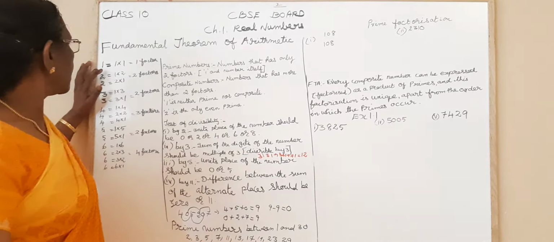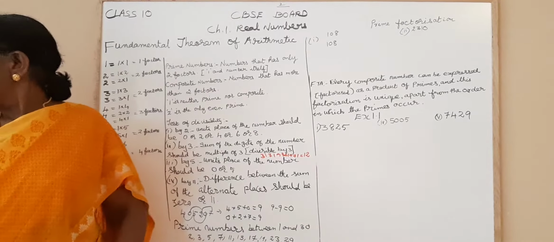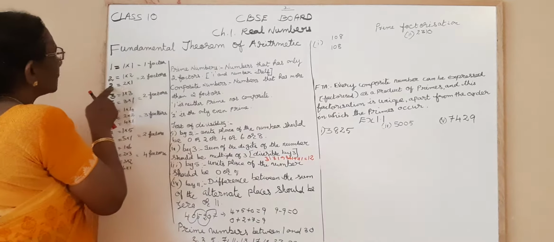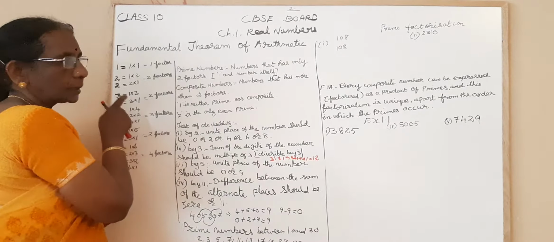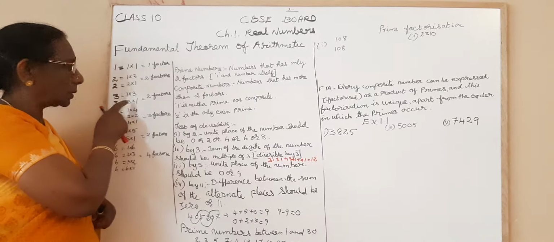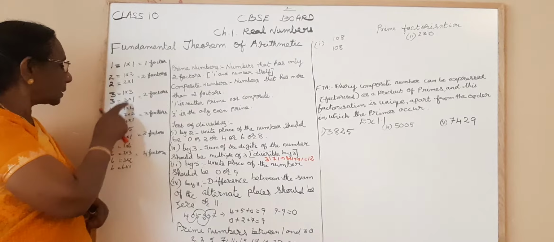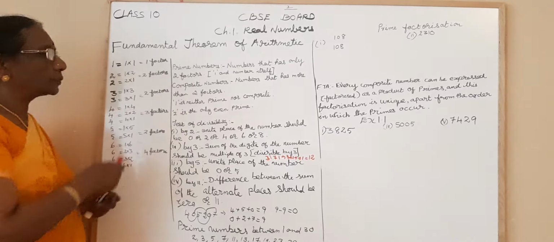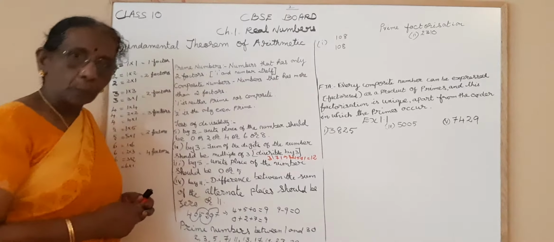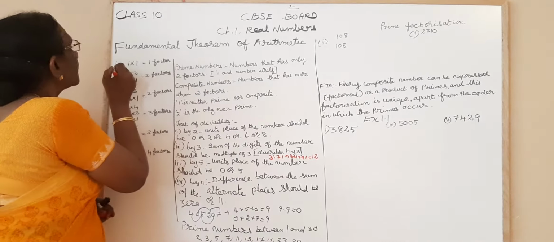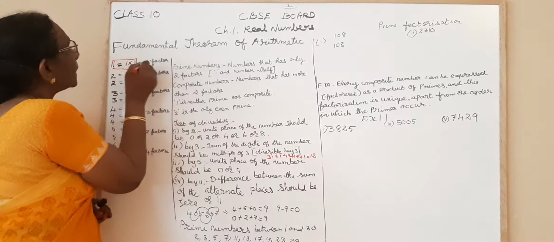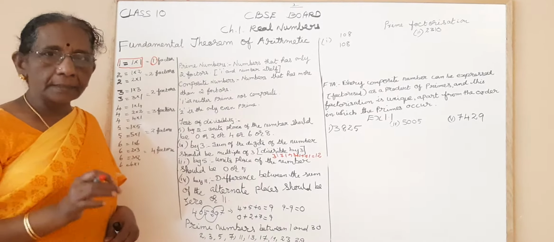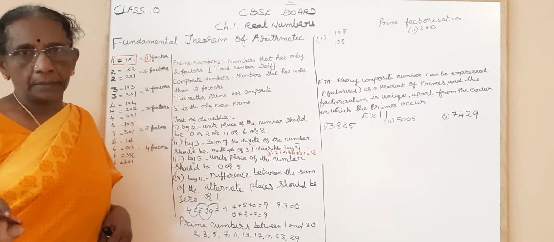So see, here I have written 1 is equal to 1 into 1, and 2 is equal to 1 into 2, and 2 is equal to 2 into 1, and 3 is equal to 1 into 3, and 3 is equal to 3 into 1. 4 is equal to, I have written like this, isn't it? What's the meaning of this? If you take 1, you can get 1 only in one table. That means this 1 has only one factor. All of you know what are factors? The exact divisors of a number.